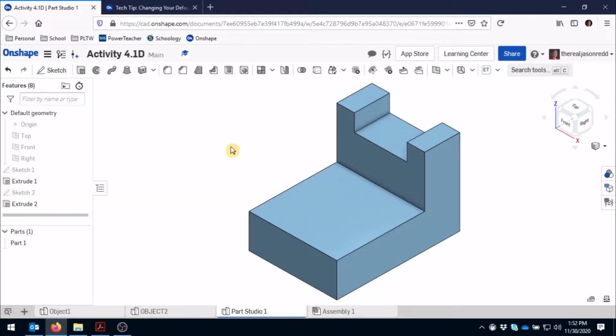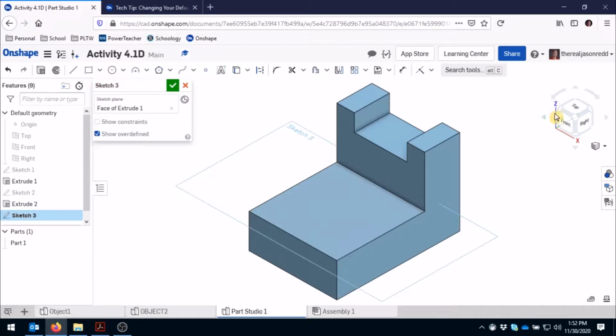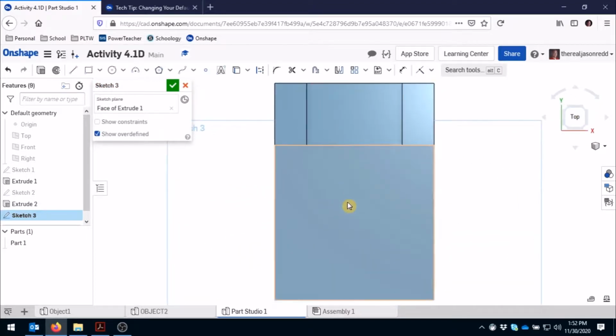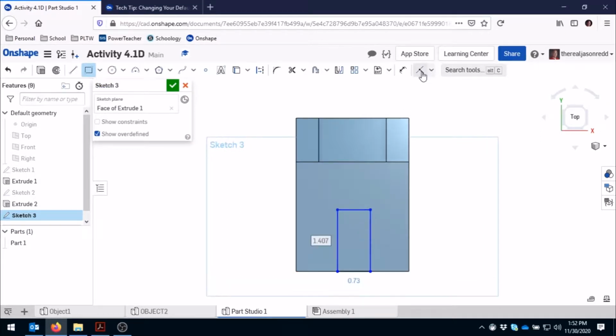So we hit the green check mark. We're going to create another sketch on the top of this face here, and I'm going to go to top. I'm going to zoom out just a little bit by scrolling the middle mouse button, the scroll button on my mouse. Go to rectangle. Again, I'm going to start this rectangle here and do something like that, and then use the dimension tool to dimension these